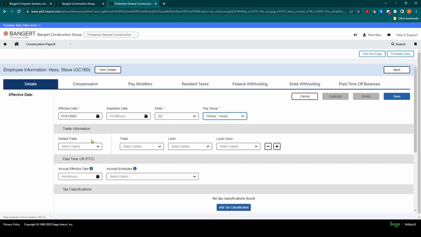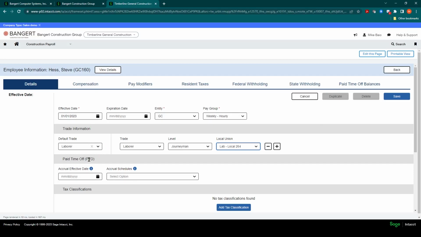And then you're going to define what default trade this employee falls under. If they're an office employee, they would be under office. If it's a different type of trade, a field or a union, for example, we'll do carpenter, we'll do laborer, and he's going to be a journeyman laborer. And then what you can also do, if they are tied to a union, if this is for union payroll, you could select which union local Steve is going to work out of for the laborers union, and we'll say it's Laborer Local 264. And that's in the trade information section.